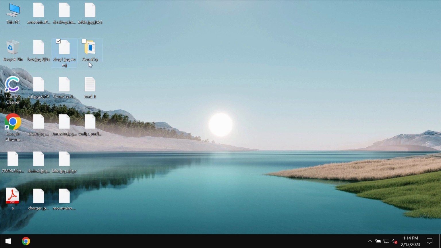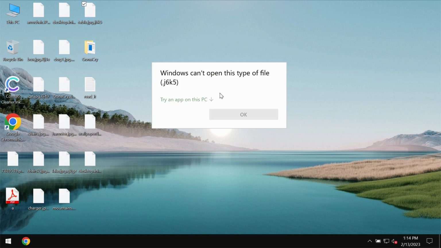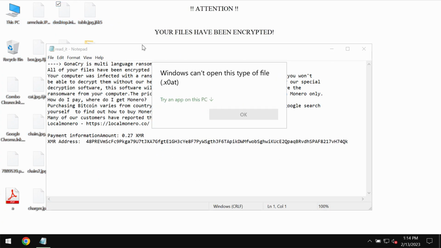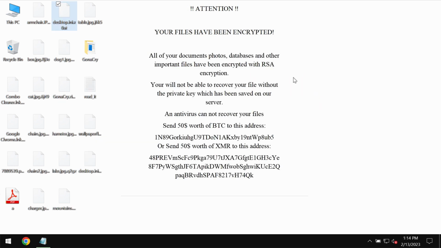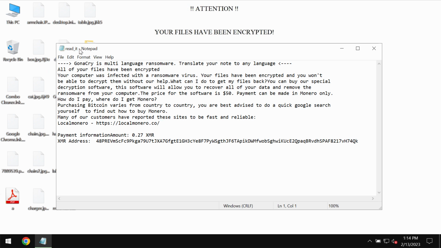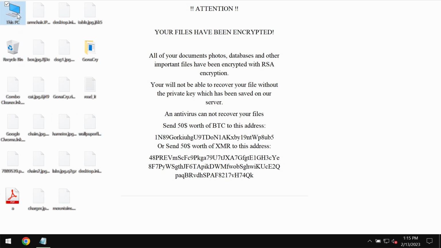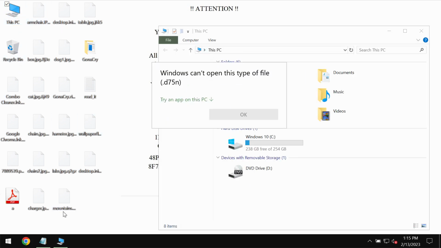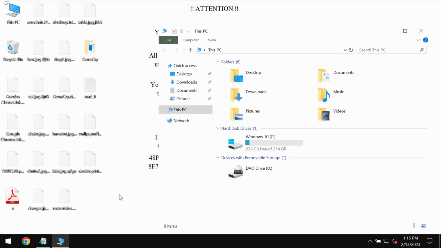The ransomware, called GonaCry, appends this random extension to the file names. It is different for each specific file. As you see, the ransomware also changes the desktop background into this white one, and it also drops another ransom note called readit.txt. You should not pay the ransom because there is no guarantee that your files will be restored if you pay the ransom. Don't waste your money. What we recommend you to do is immediately remove this particular ransomware, and to remove it,